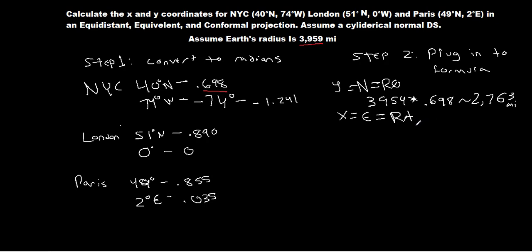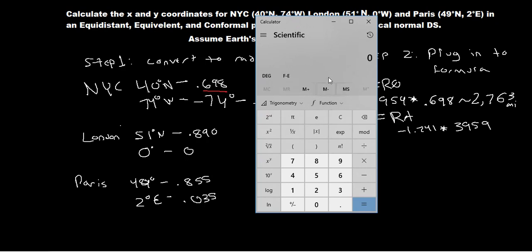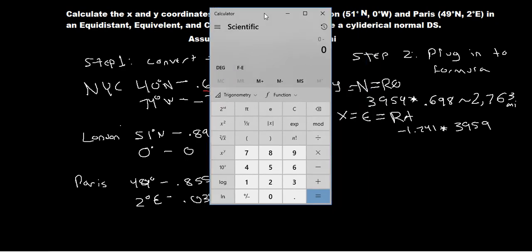Our longitude in this case was negative 1.24, and the radius of our reference globe is going to be that 3,959. So if we bring up our calculator, negative 1.241 times